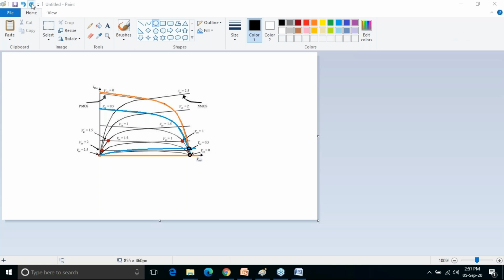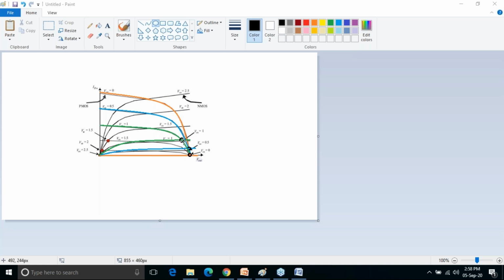So again, see another. Now you need to tell me in which region PMOS is. Shown in green are PMOS and NMOS. In which region are PMOS and NMOS? The intersection point is this one. This is related to PMOS, and this is related to NMOS. So write down in the chat box: NMOS is in, do it fast, only 2 minutes remaining. NMOS is in saturation, right? And PMOS is in,